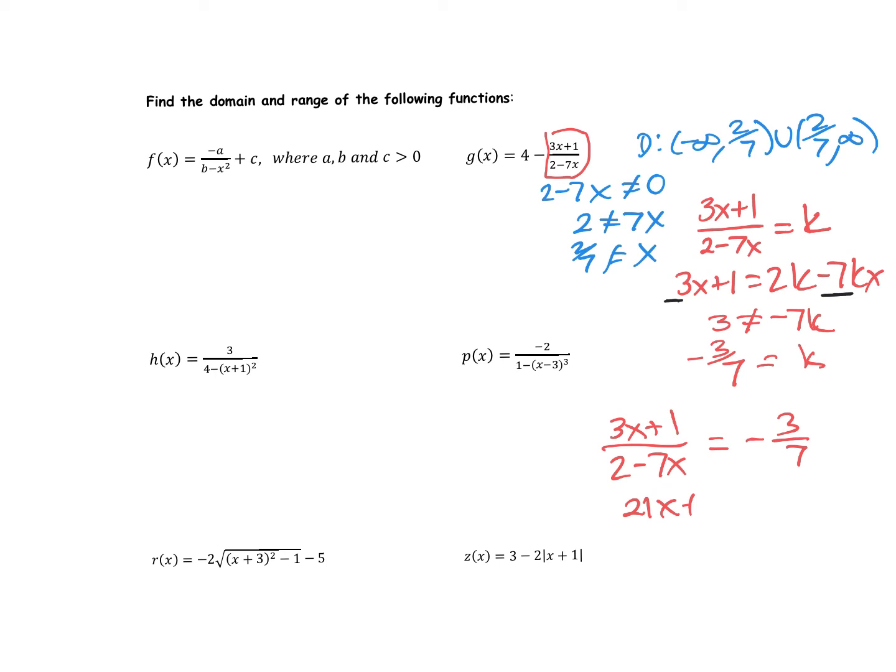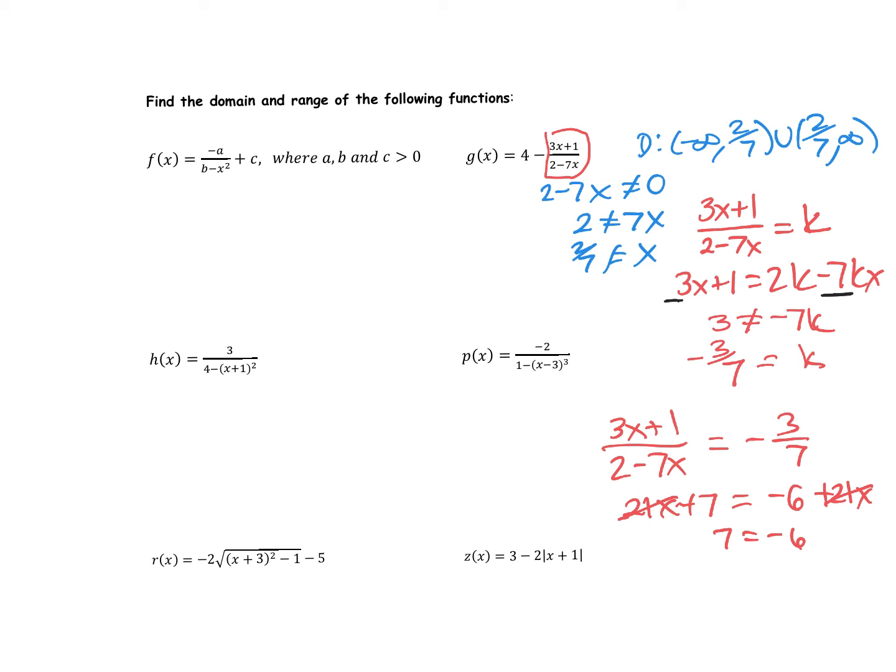Okay, so as I was saying, let's see what happens when we set the function, at least the fraction piece of the function, equal to negative 3 sevenths. So it was cross multiplying. So 21x plus 7 equals negative 6 plus 21x. Well, look what happens when I have 21x on both sides of the equation: the x's are going to cancel, and I get this false statement here. So there is no x that I could plug in that could get a value of negative 3 sevenths coming